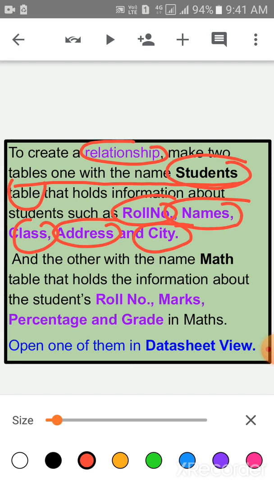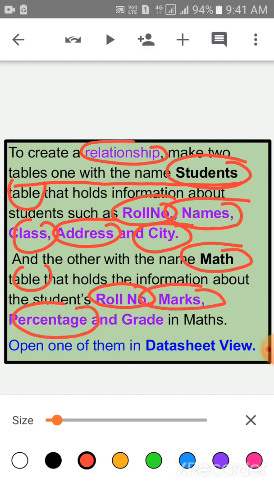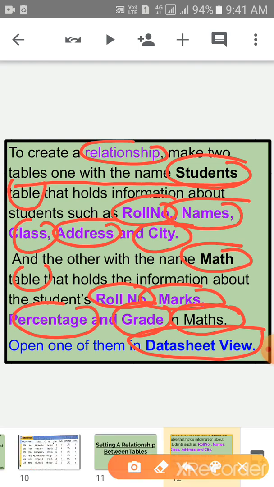These fields are in the student table, and the other with the name math table. This math table holds the information about the students' roll number, marks, percentage and grade. Children, open one of them in datasheet view. Okay children?